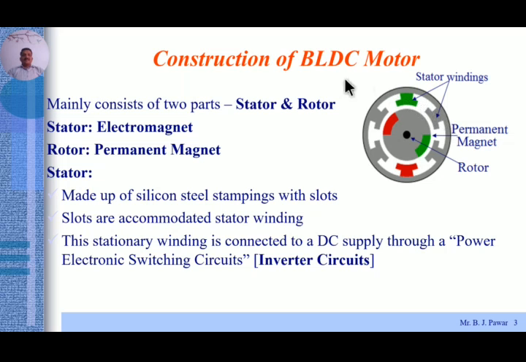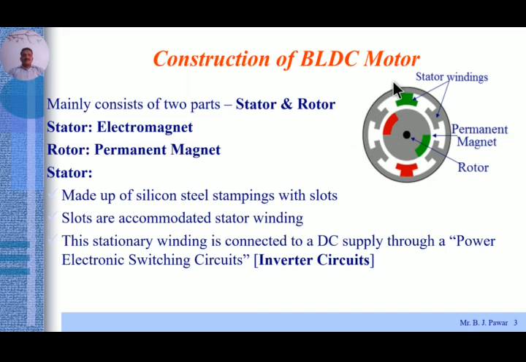Now the construction of the BLDC, in short, again. In this figure you can easily see there are many teeth at the periphery of the yoke, inside the yoke, and internally there is a rotating shaft, this one, which is a permanent magnet. Here it is highlighted: it is a permanent magnet type of rotor, and this one is the stator winding which is wound around these teeth, correct?